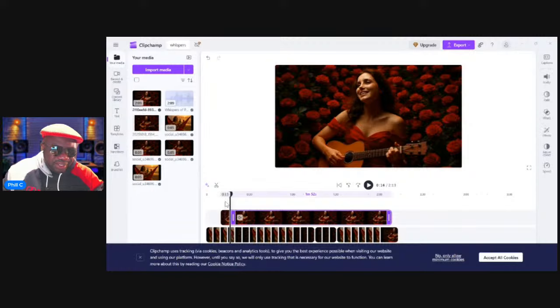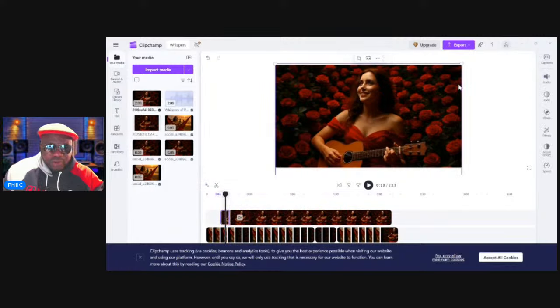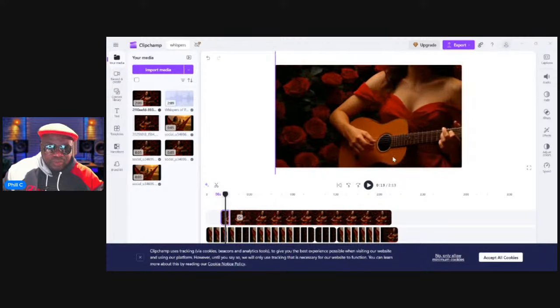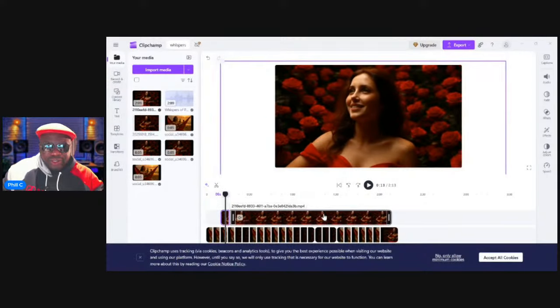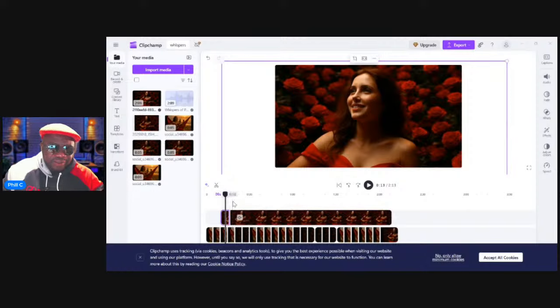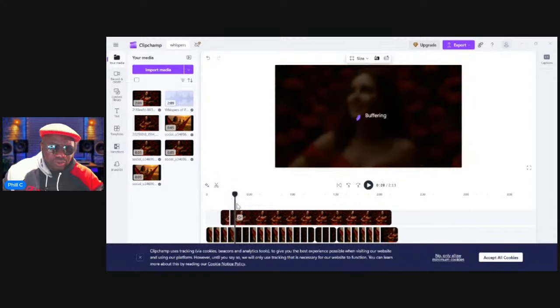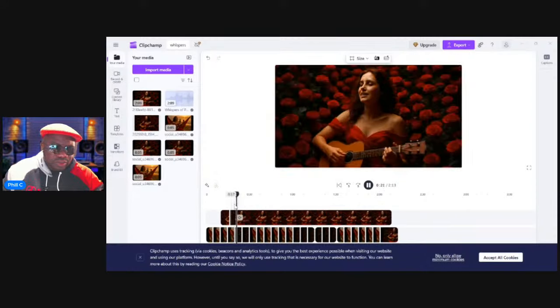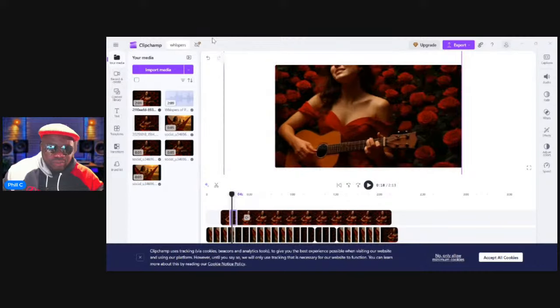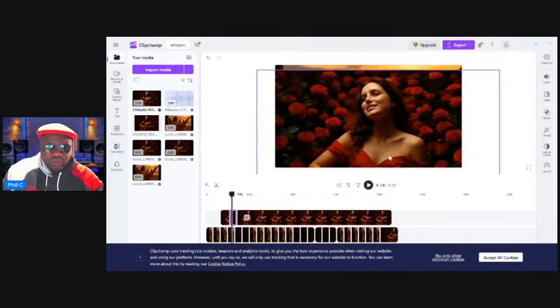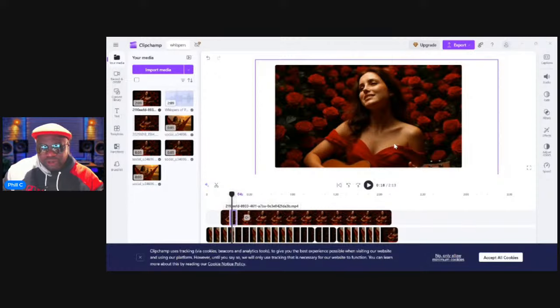You could get a section, just a little section of the video, and you could zoom in and create alternate shots like that. So even though you only have one video, it gives the illusion of motion.